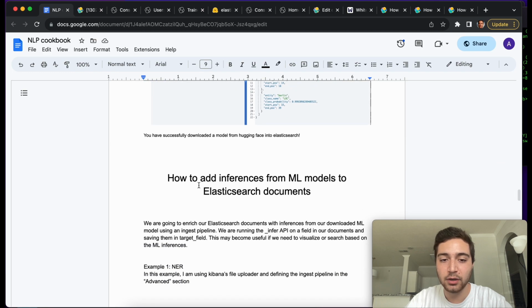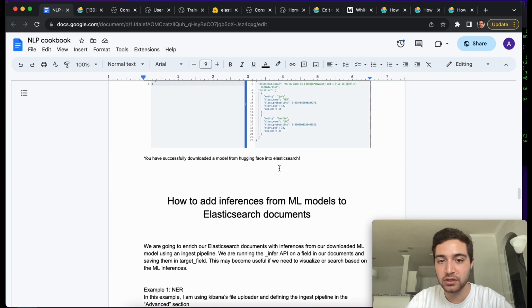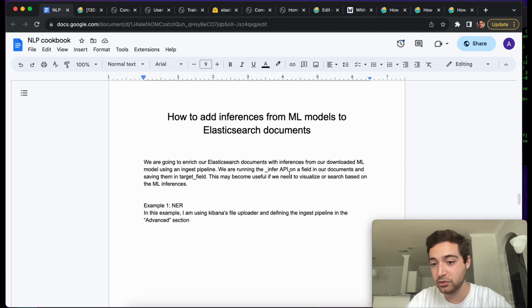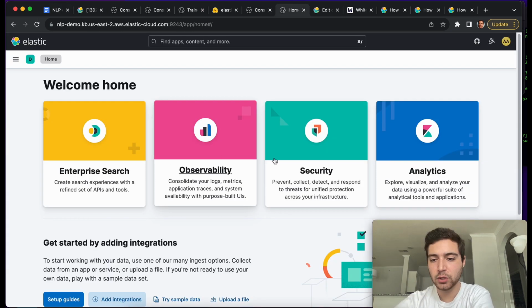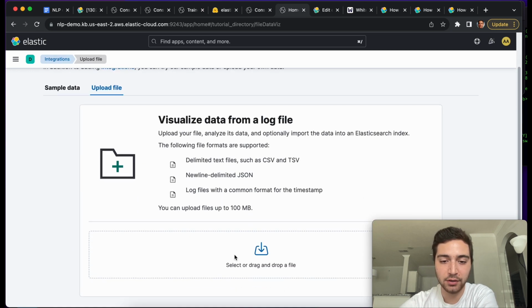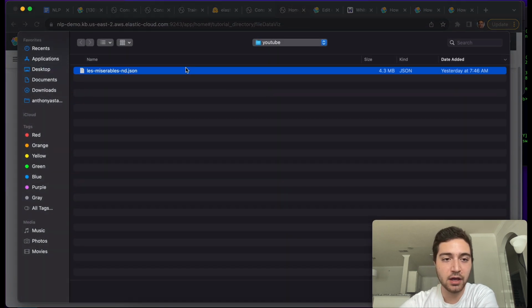So like I have here, we're going to add inferences. So that's what this is. This is an inference from ML models to Elasticsearch documents. So what we are going to do is we're going to go to home. We're going to go down here to upload a file. I'm going to select my file. This is